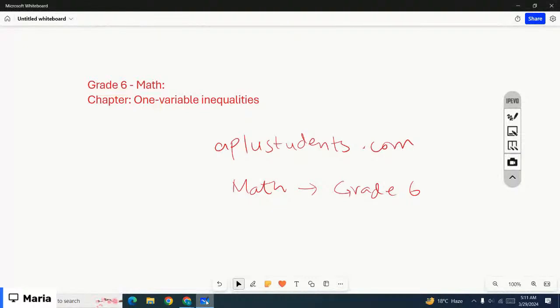So you can find all the lessons on aplusstudents.com. You have to log in there using your email address and password as provided by the administrator. And you have to select the math subject tab, scroll down to grade 6, and then click on your lessons. So there you can find them,